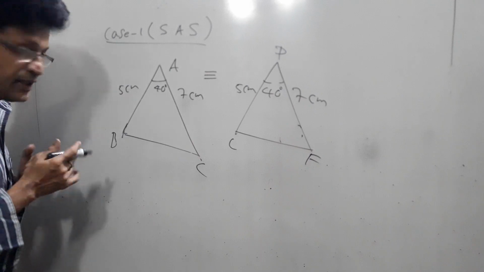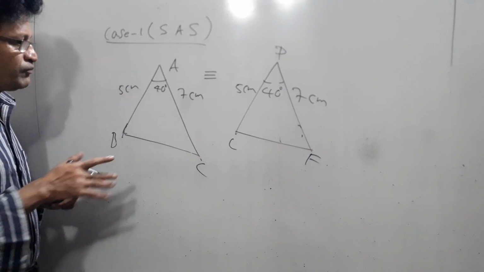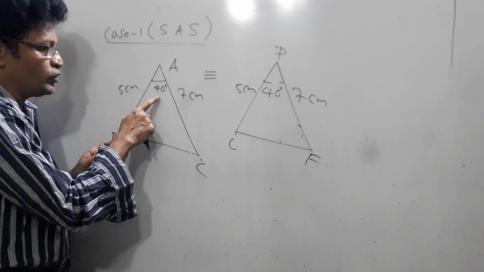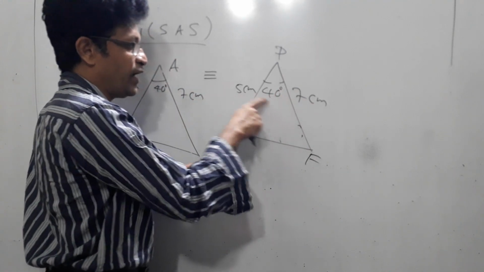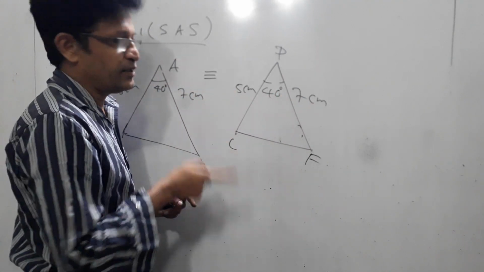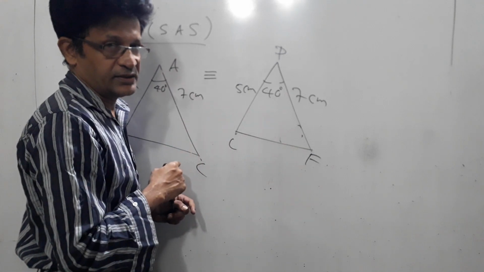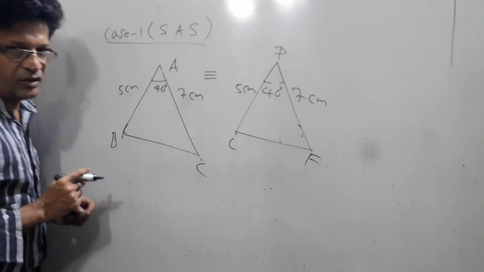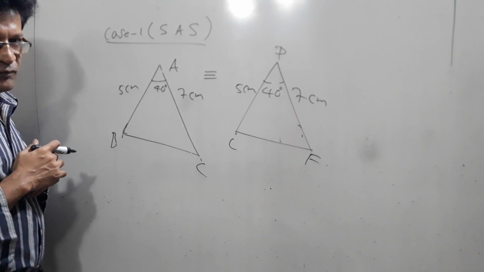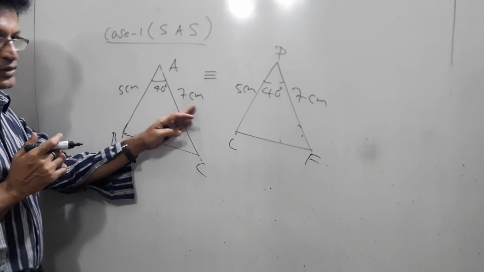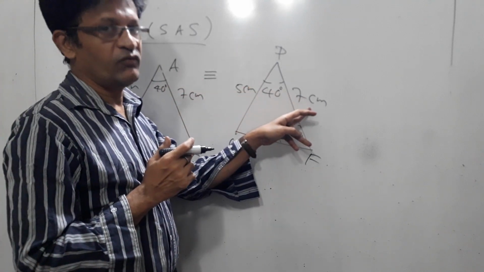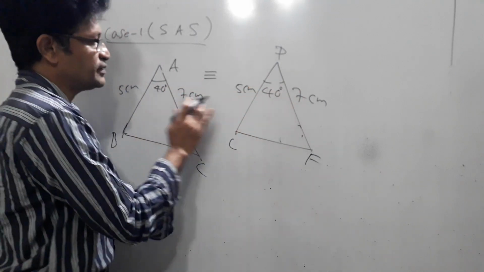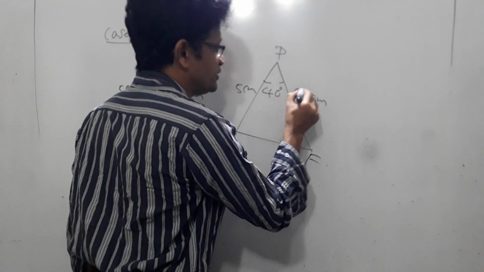Now here the theorem is like that. In a triangle, two sides and the included angle are equal to two sides and the included angle of another triangle respectively. Then these two triangles are said to be congruent. Clear? I think you can understand. What to take? You must check the two sides and included angle are equal to two sides and included angle of another triangle. Now see that this is 7 and this is 8.